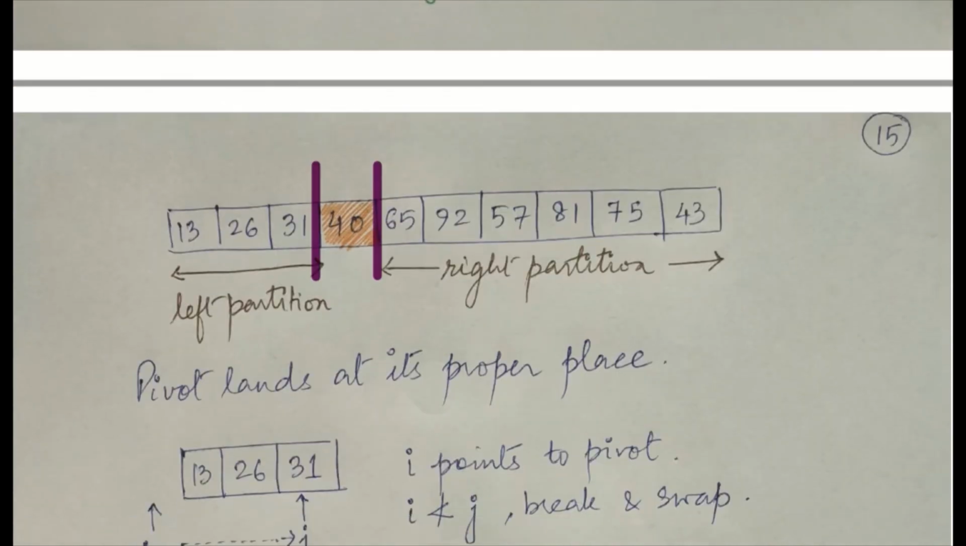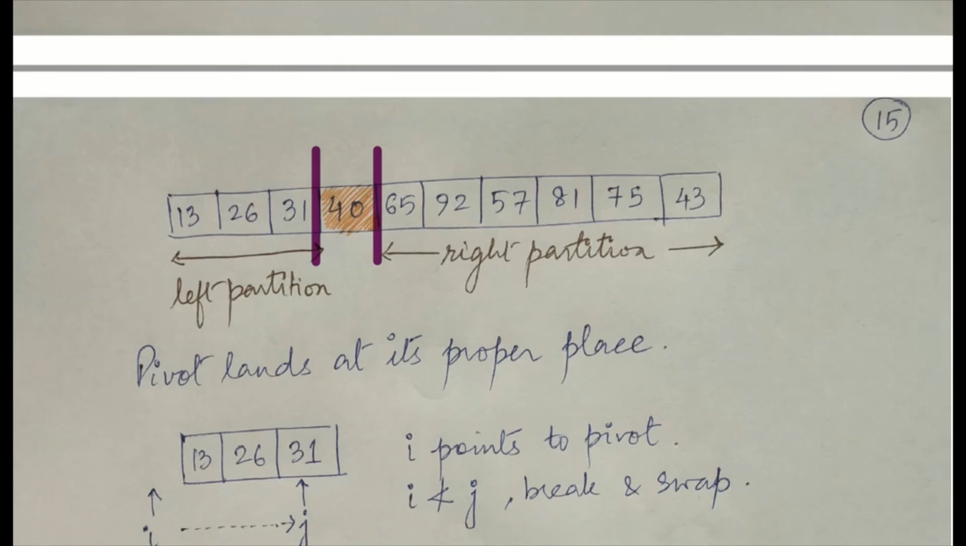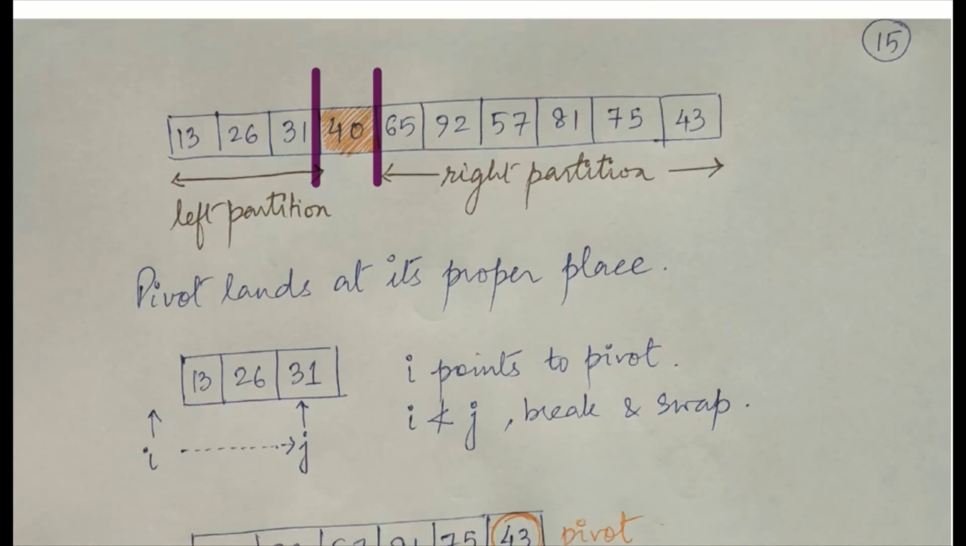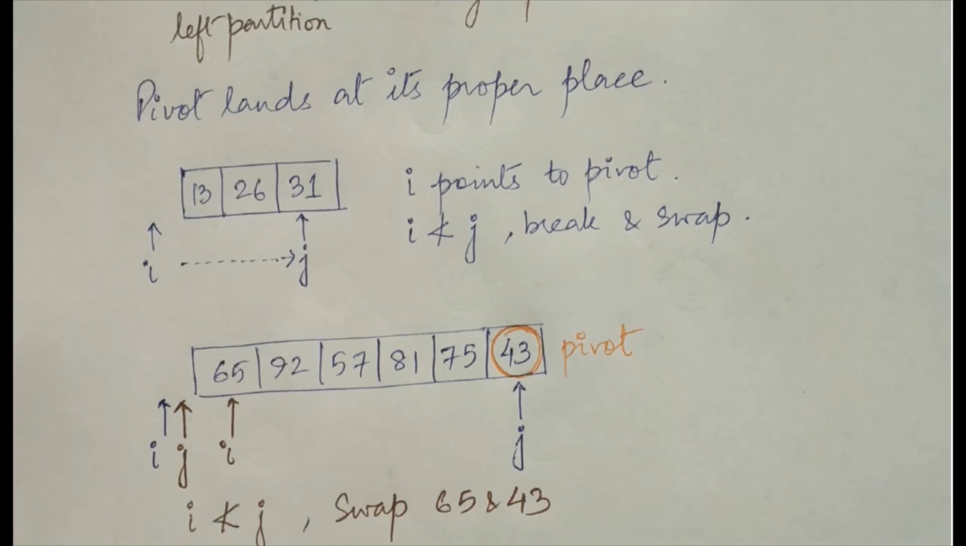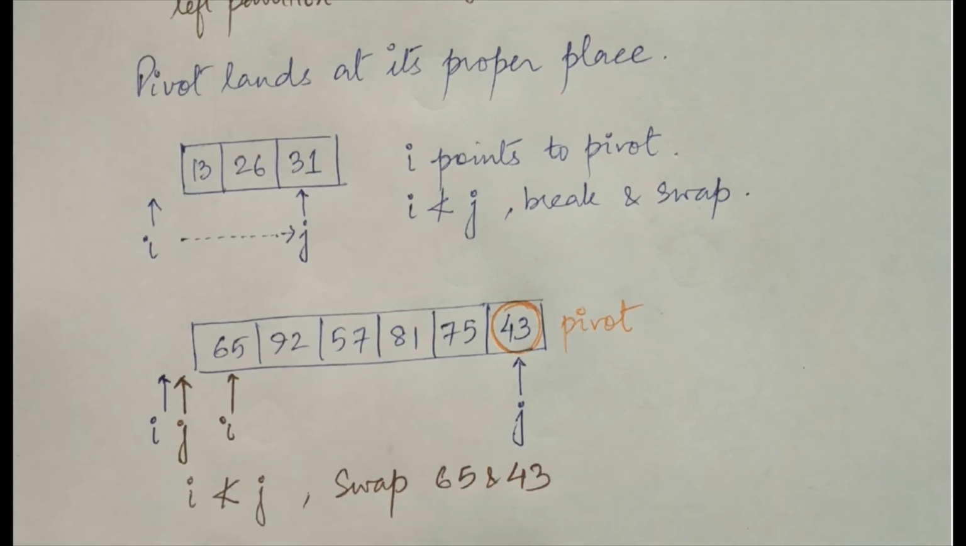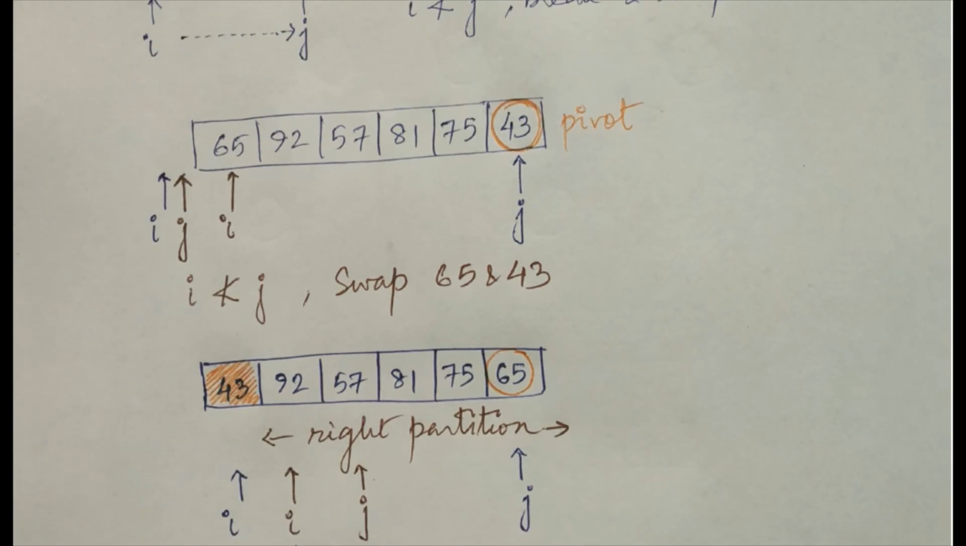But for now we got a pretty much okay division, and now we have to do the same thing again. So you select a pivot. Let's say 31 is our pivot here, and again do the same thing. I moves rightwards, J moves leftwards. I will move all the way till here, and then it will be sorted, and the same procedure is applied here. Now 43 is my pivot. I and J,